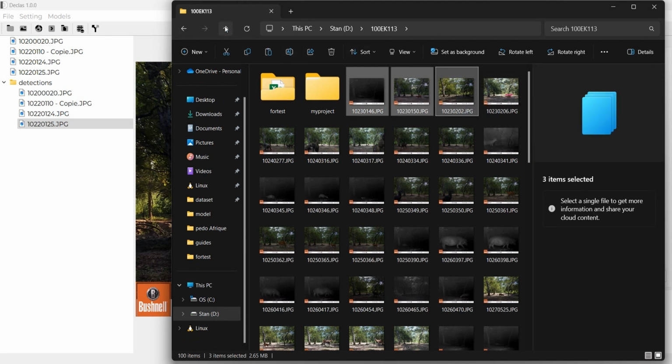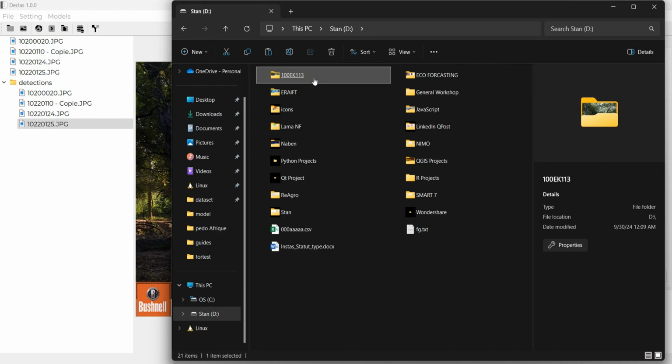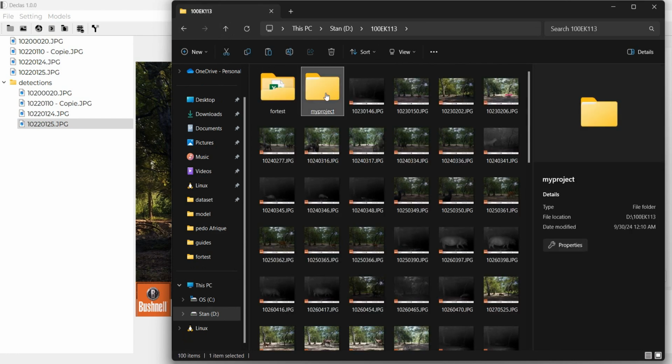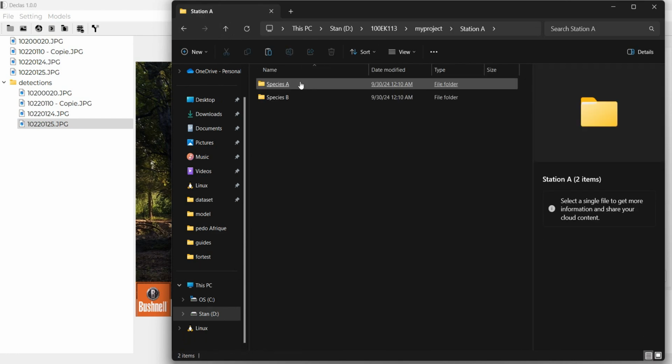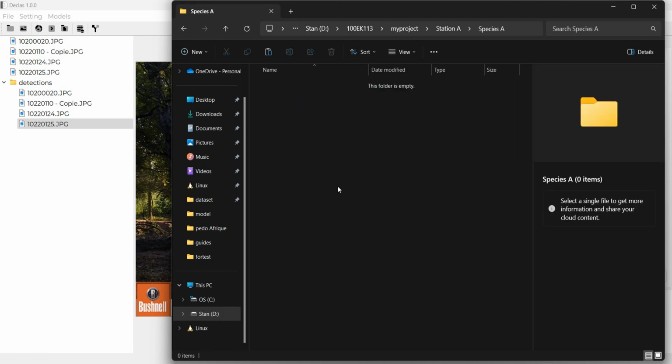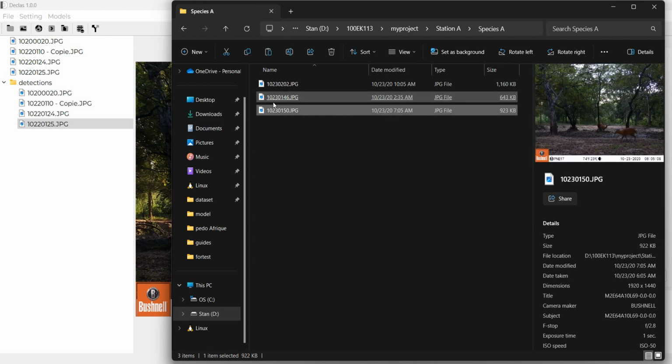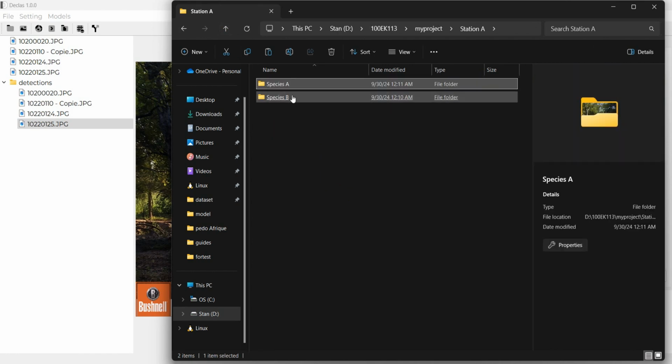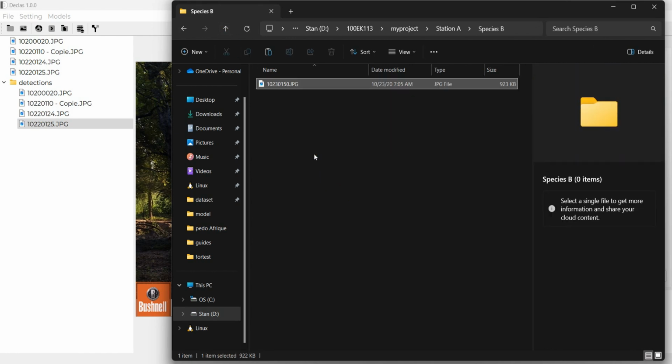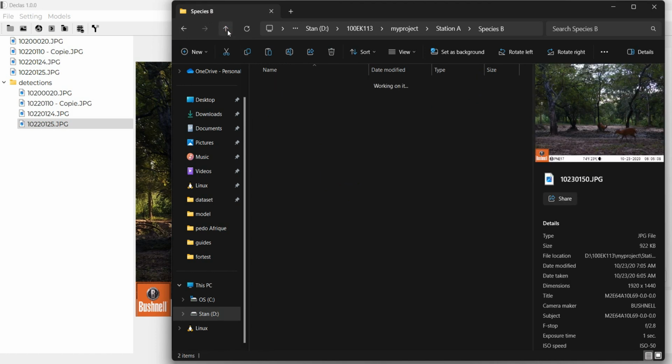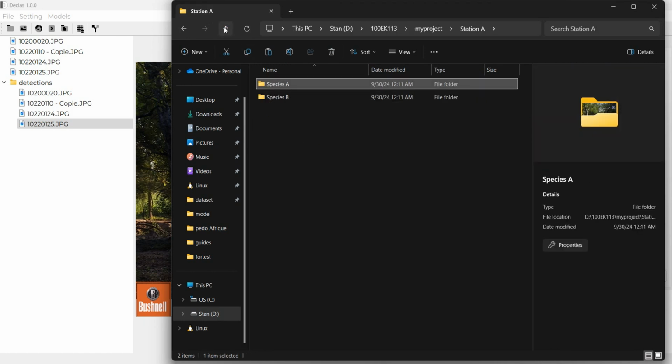I can copy all this and come here to my project, station A. For example, here in species A, I have these images. I can copy just two here and paste here. I just want to show you how you can get your folder organized for detection.